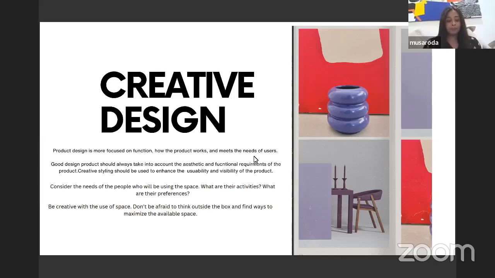Aesthetic function can change the whole curation of the product, and can create more visibility and more usability for the product. So you can have an amazing functioning product, when we're talking about interiors, but if the aesthetics are not appealing, or not engaging, it's not really going to make much of an impact for its users and for its clients.